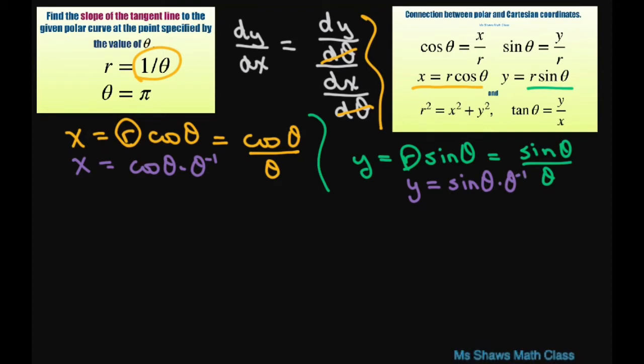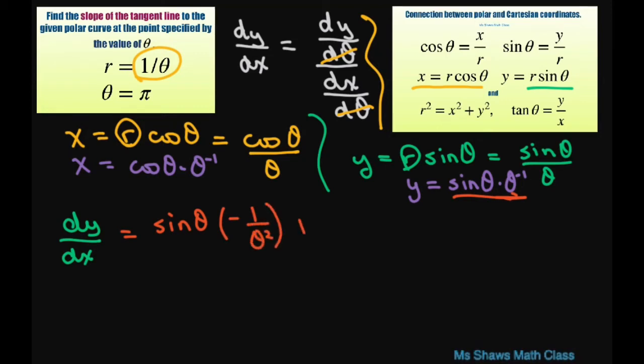That's on the numerator. So that's going to give us the derivative of y with respect to x. Take the derivative of y: you take your sine, your first term, times the derivative of your second term, and that's going to be negative 1 divided by theta squared, plus take the derivative of sine, and you're going to get cosine